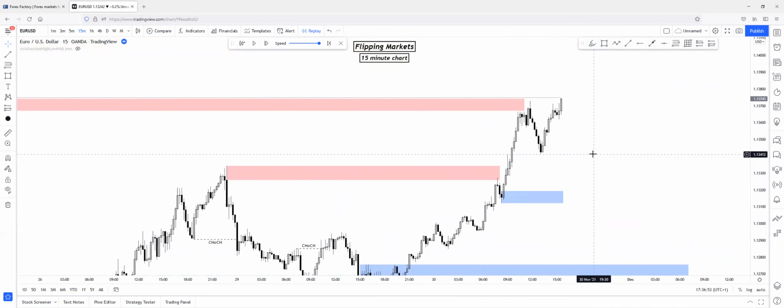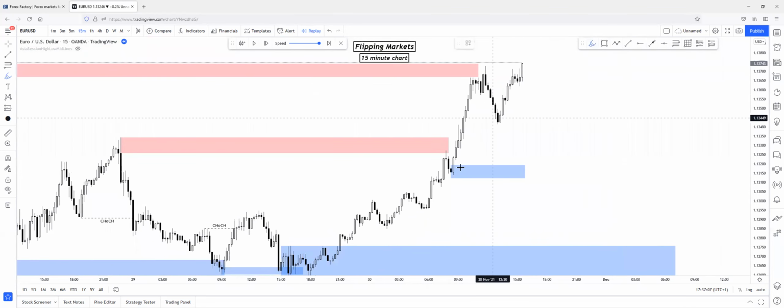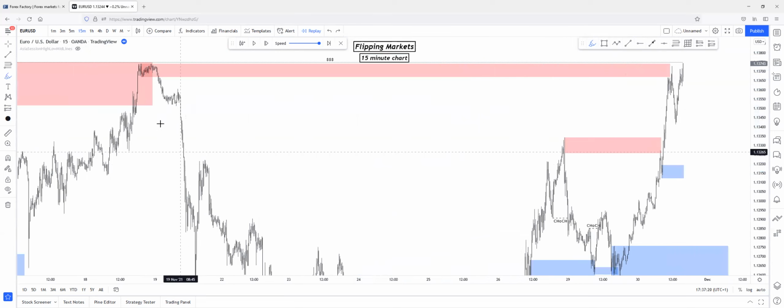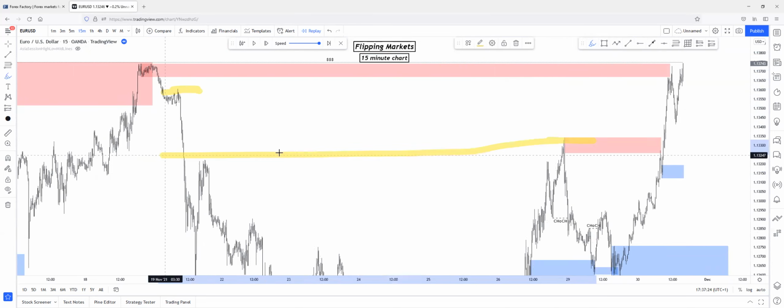One more noticeable thing, 15-minute flip zones are really, really strong. You have to focus on the 15-minute flip zones every time. Just mark them out and remember the zones that are flip zones. So this is the 15-minute demand flip zone that caused the top of the 4-hour supply zone. As you can see, this was the top of the 4-hour supply zone, and it happened with a huge inefficient push to the upside. And it actually swept liquidity from this region,